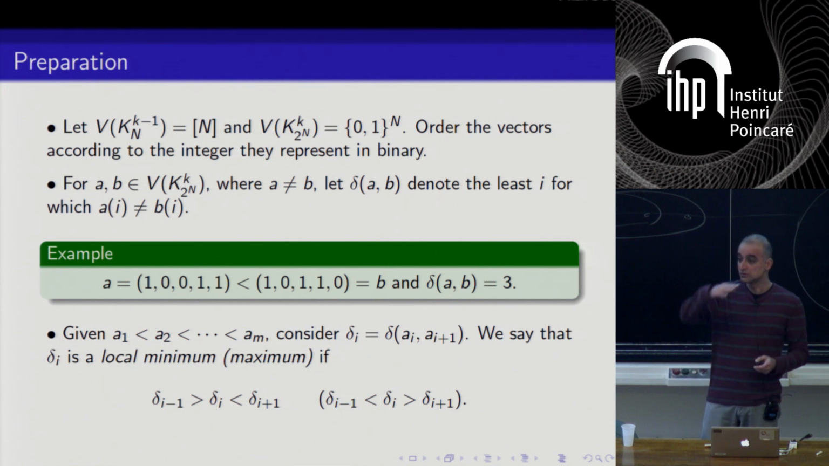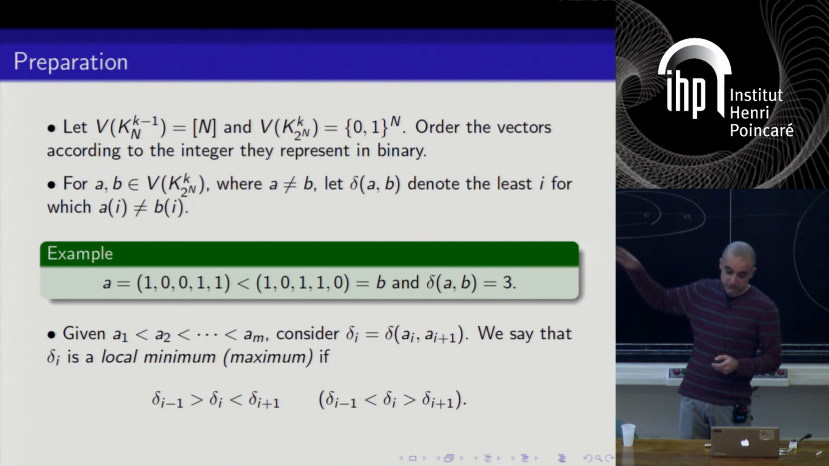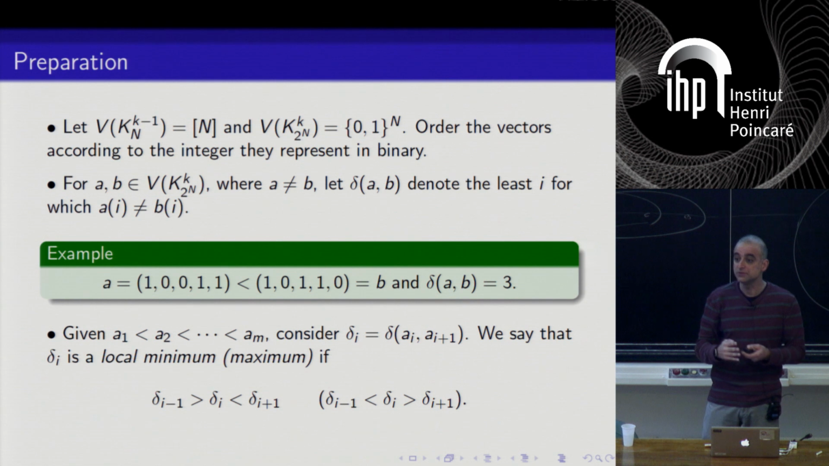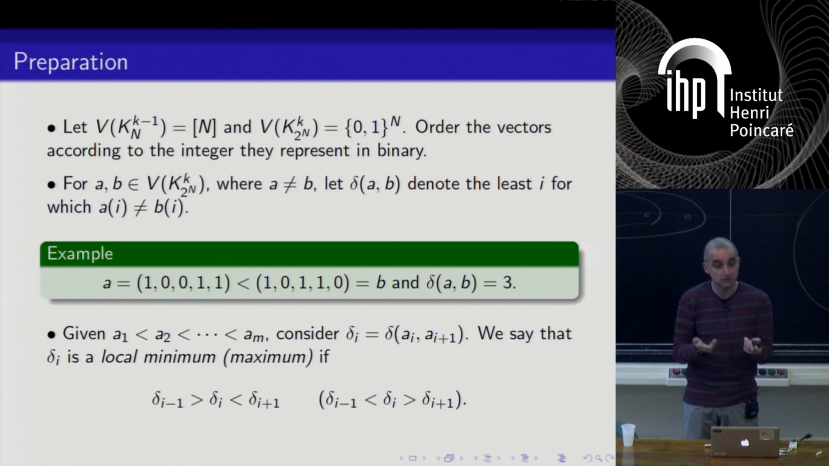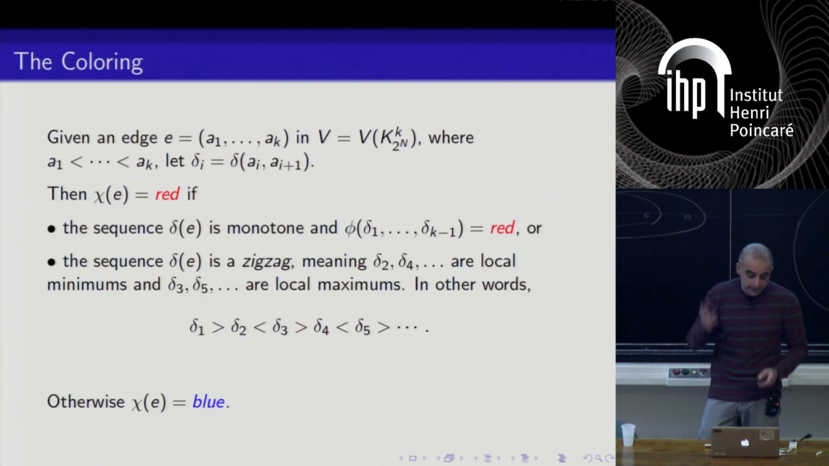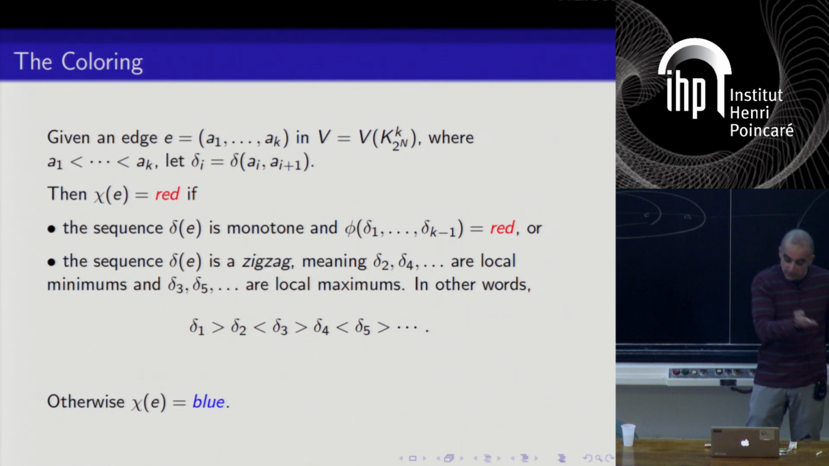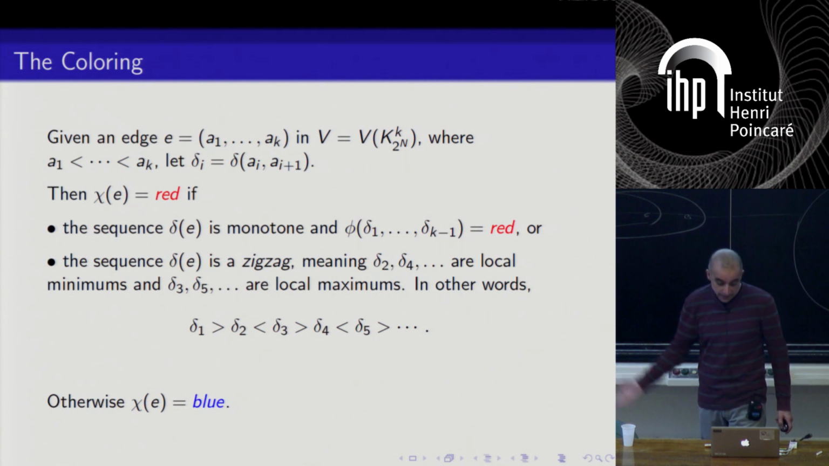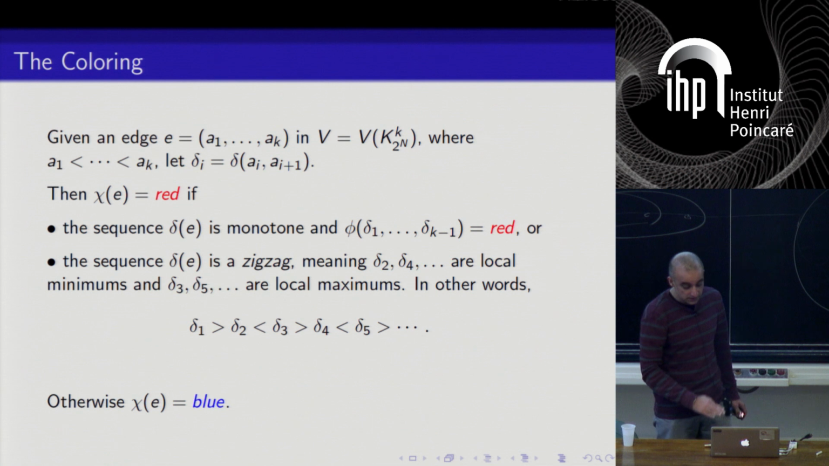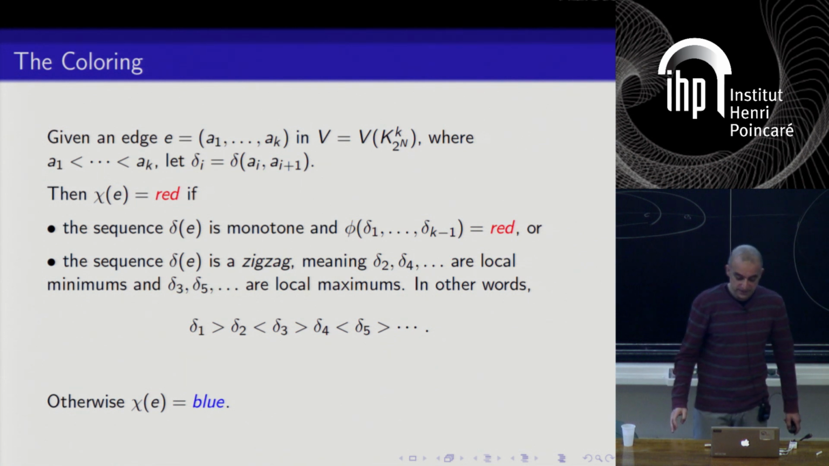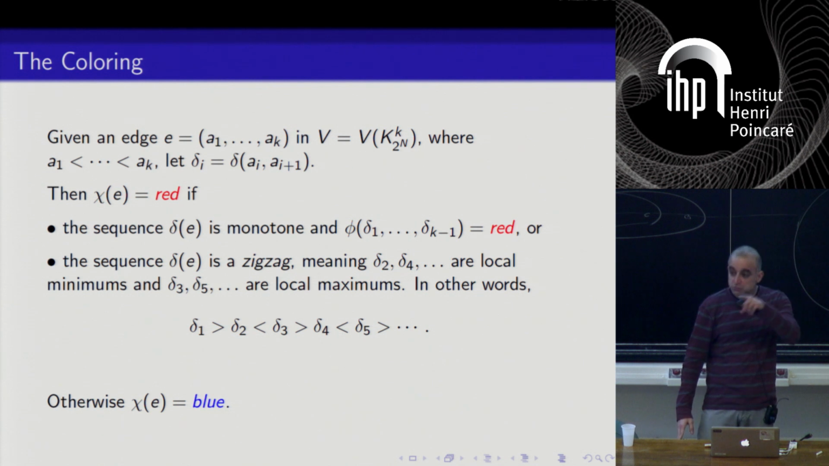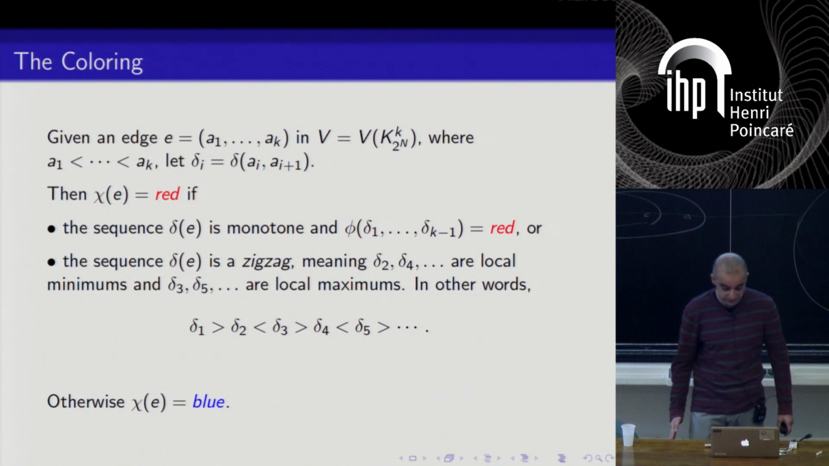If I give you k vectors, A1, A2, A3, up to Ak, you need to tell me red or blue. And so here it is. You have an edge A1, A2, A3, up to Ak. Each of them are vectors. A1 less than A2 less than up to Ak. You look at these differences, these positions where these consecutive vectors differ, the first positions where the consecutive vectors differ,